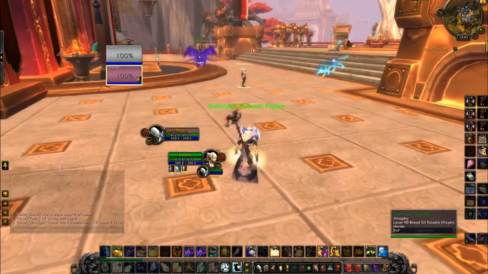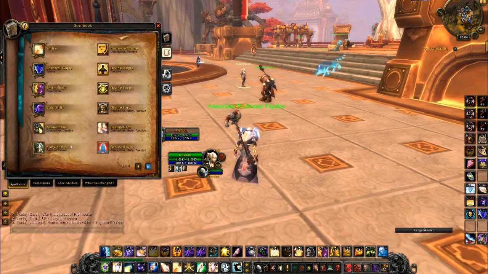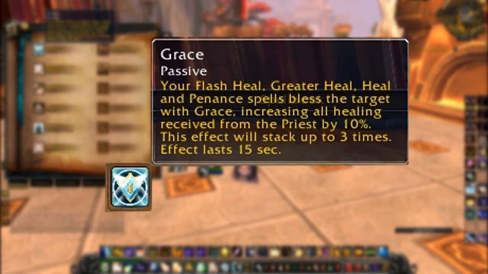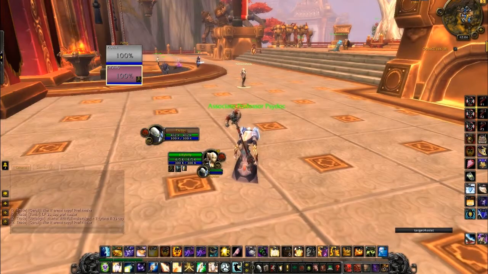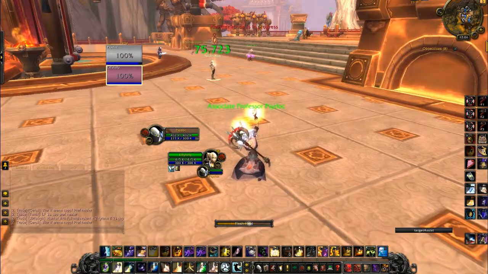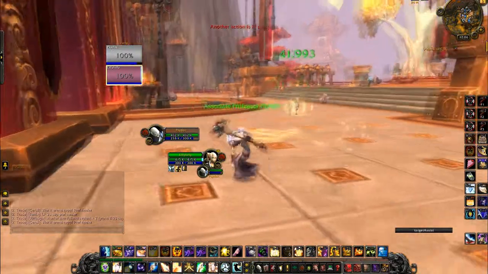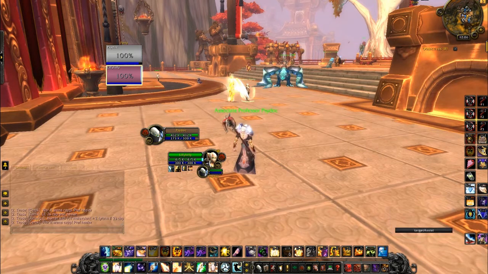Now, after a while, if we actually build up our Grace, let me just go over it in the ability: your flash heal, penance, greater heal, and heal affects the target with grace, increasing all healing received by the priest by 10%, and can stack up to 3 times. So now when we're keeping active on our target, using most of our abilities, for example, you'll be using penance a lot while you're on the move, and it'll end up putting shields and all stuff up. But for this case, now that we have grace up on the target,